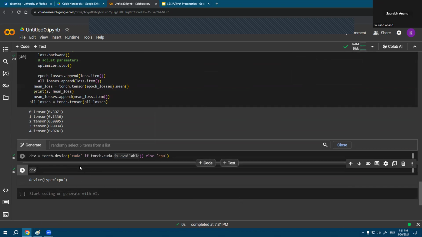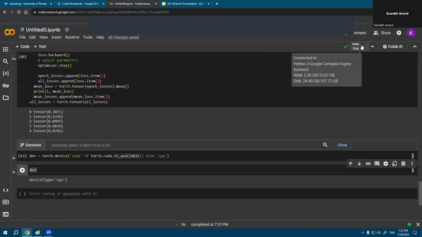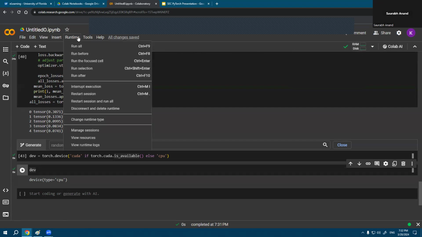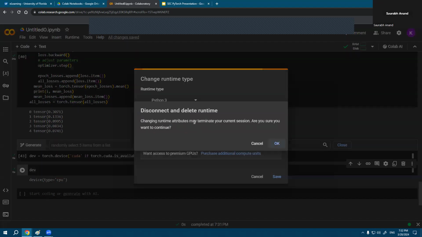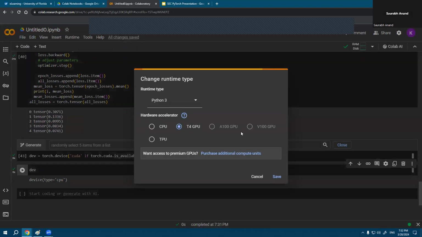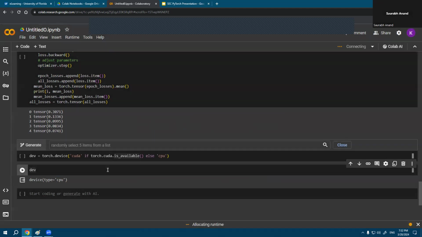But if we want to use a GPU, which we can use for free with Google, with some limited runtime, like you can't just use it however much you want. I think there's a limit to it. You can just go to runtime up here and then change runtime type. And then here it's CPU. And if we click here, we can use the GPU. And we click that and save. So that means,